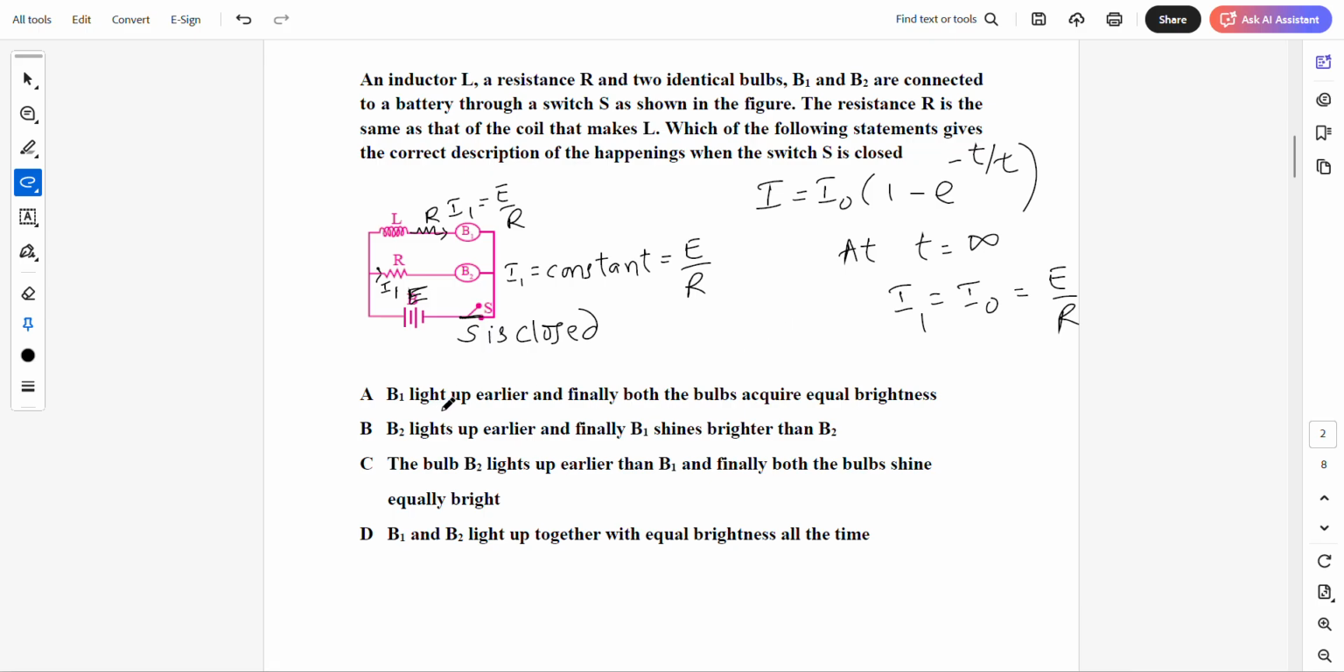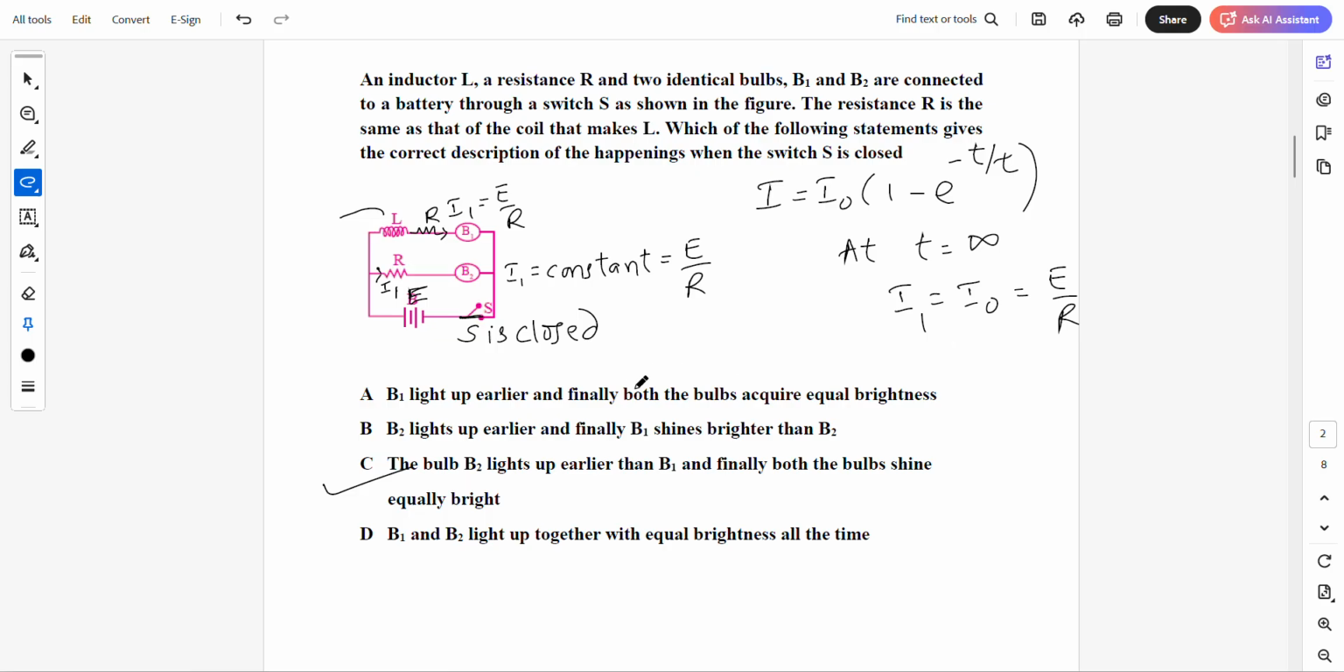So what happens? B1 lights up earlier, and finally both the bulbs acquire equal brightness. B2 lights up earlier, and finally B1 shines brighter than B2. The bulb B2 lights up earlier than B1, and finally both the bulbs shine equally bright. This is the right answer because the current does not change